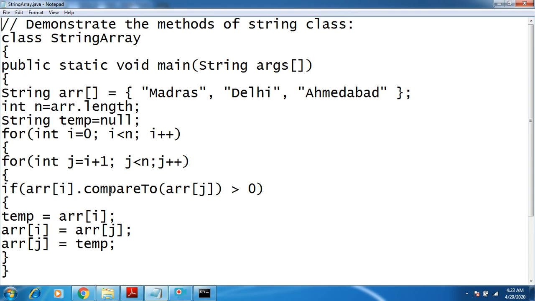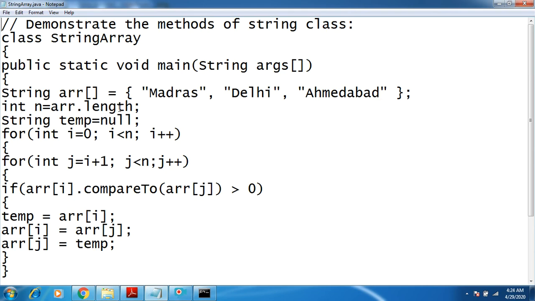Many functions are available on which you can perform operations, and they will be implemented and used in a program. So we are using already defined functions of the String class in this program, that is string arr. We have defined a string array which consists of 3 string values, the names of the cities Madras, Delhi and Ahmedabad.